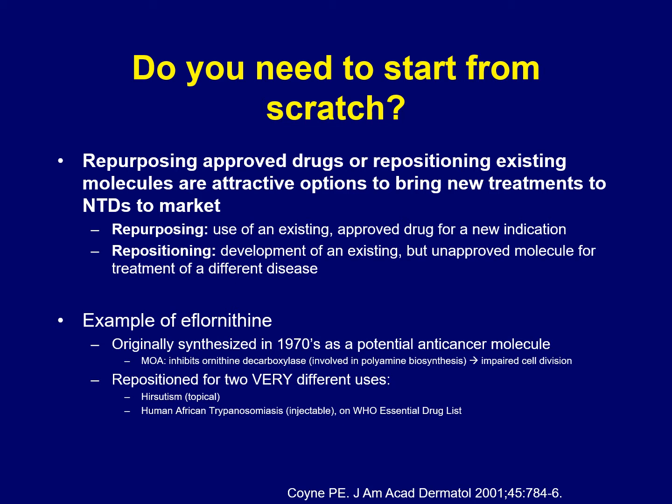So a really important question is whether you really do need to start at the very beginning, or can you start in the middle and test a potential drug for your disease of interest. So drug repurposing and repositioning are two potential options for bringing new treatments for neglected tropical diseases